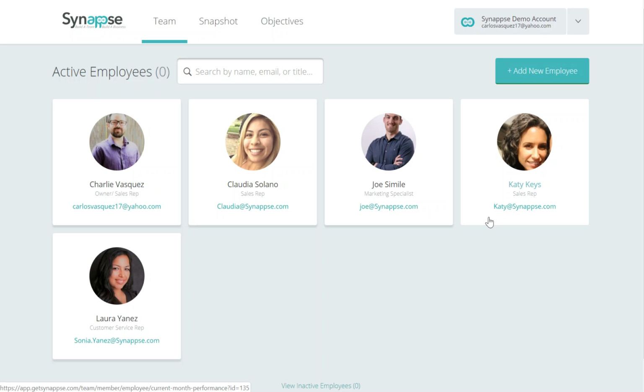This one should just be a few minutes. This is going to give you guys a rundown of the snapshot feature. This is this feature right up here, right next to Team. It says snapshot. To build a little bit of context around what this feature does, I want you guys to